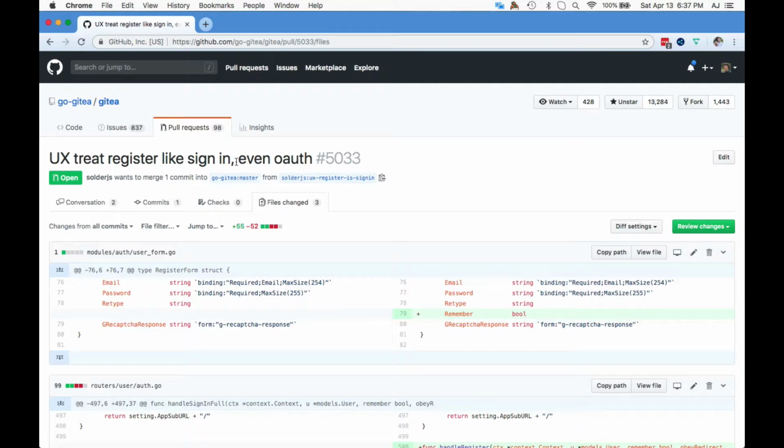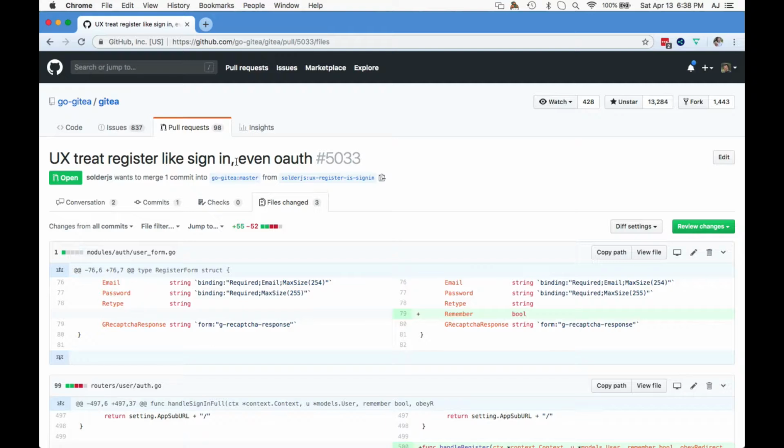This is the UX problem that this solves. You know when you go to a website and it's like register a new account, and you register a new account, and then it takes you back to the login page and makes you re-enter everything a second time to sign in, even though you just entered it all in? That's what this is doing. So if you click the sign up with GitHub button, it would redirect you back to a page where you have to then sign in with your account, even if it already had the GitHub association in some cases.